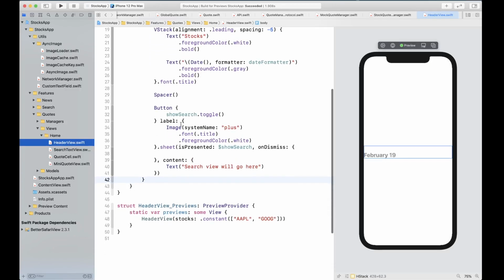So right now we just do show search, and it's just presented, and we are doing something on dismiss.